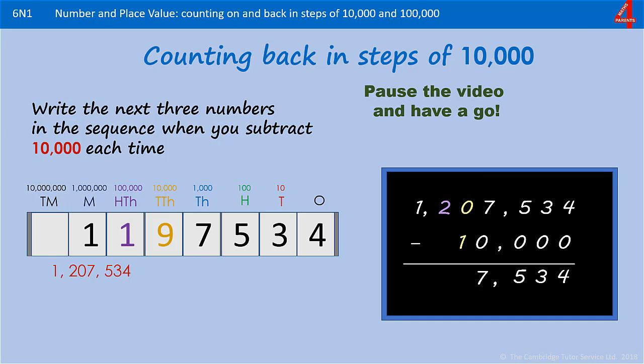So we need to take 100,000 from that 200,000, make that 100,000, and put that 100,000 into the 10,000s column to make that nothing into 100,000. 100,000 take away 10,000 leaves us with 90,000. And now we have 100,000, we're not taking anything away from that, and 1 million, we're not taking anything away from that. So our next number is